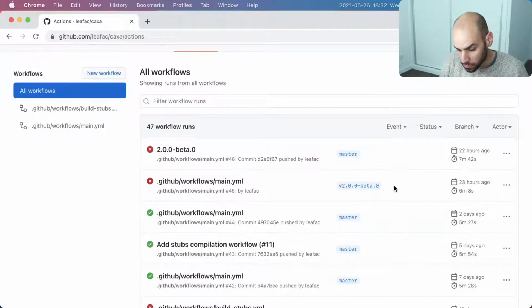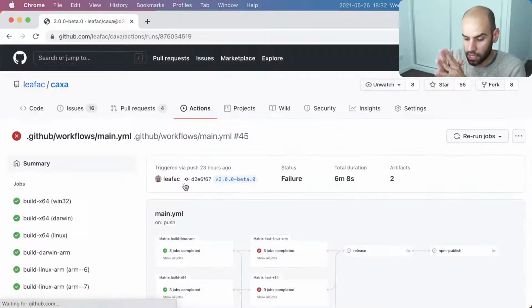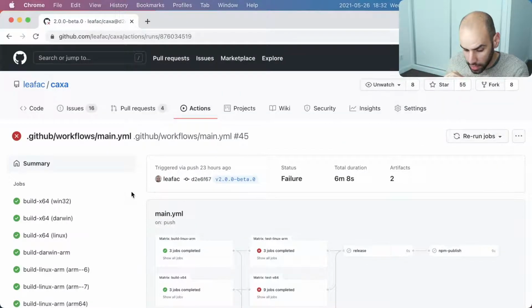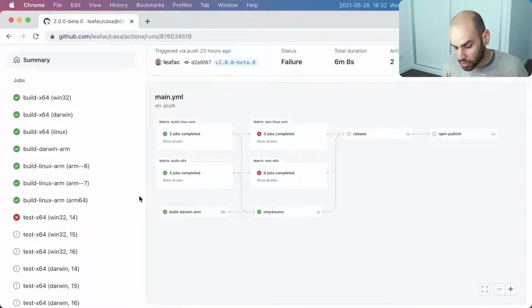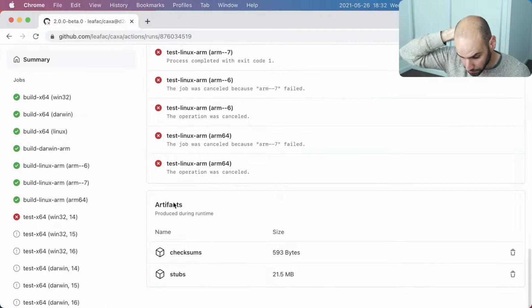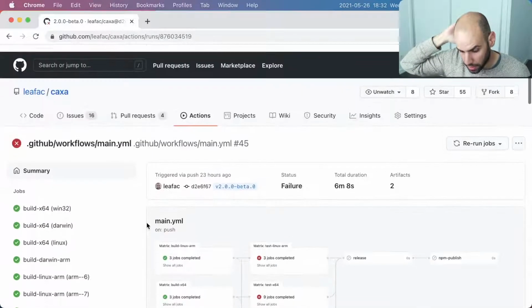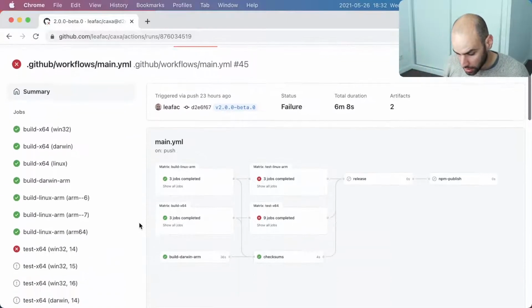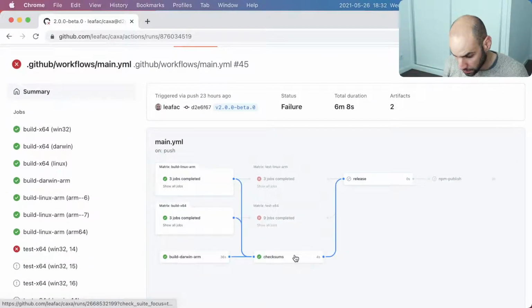Okay, so I did not look into this before. I am doing this right here with you on the stream, and let's figure out together what happened. So the build went okay, and there should be two artifacts here. They are the checksums and the stubs because they are generated by the build steps and the checksum step, which also succeeded.